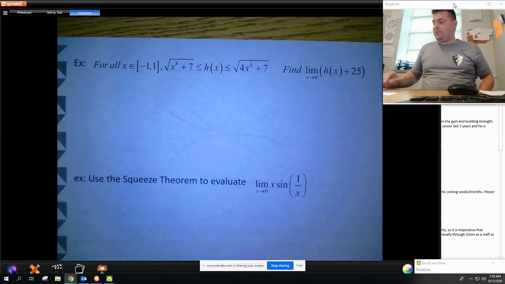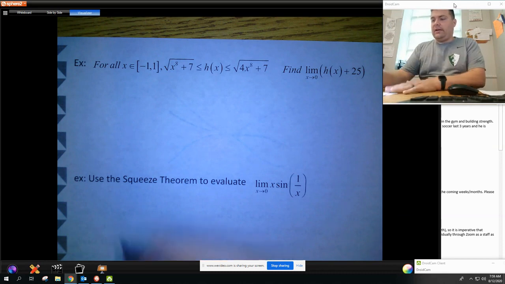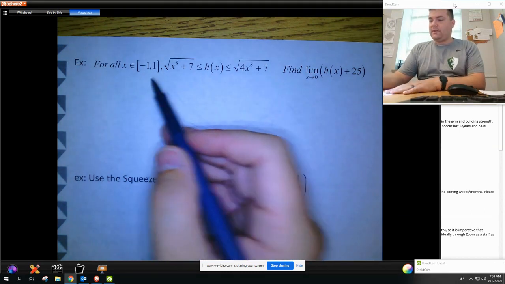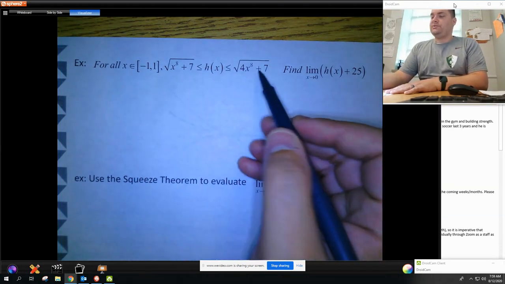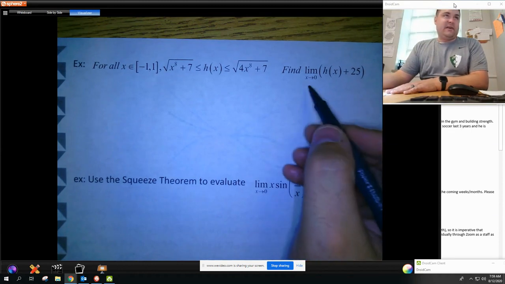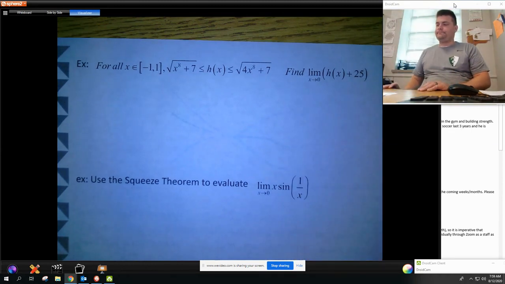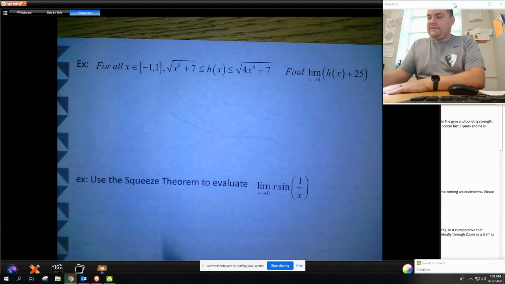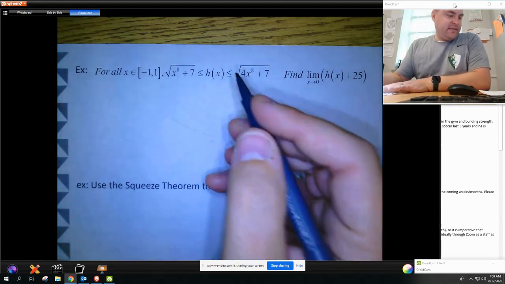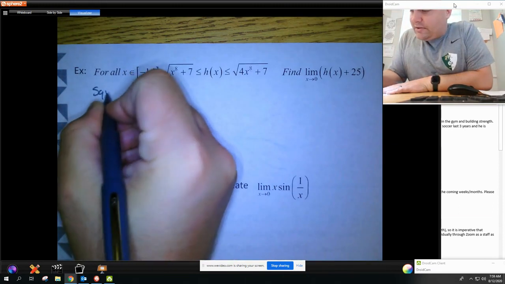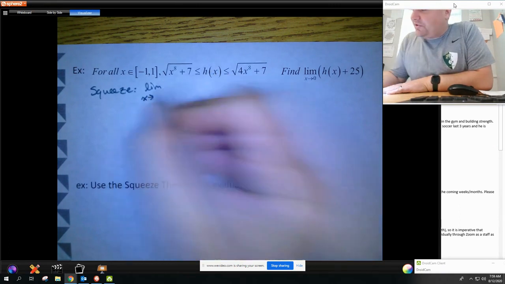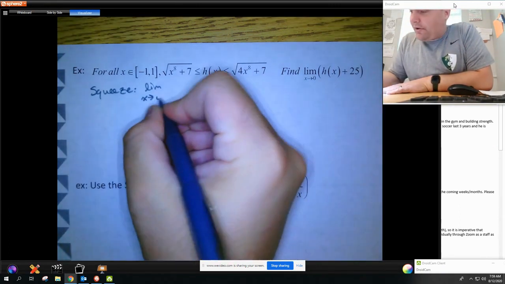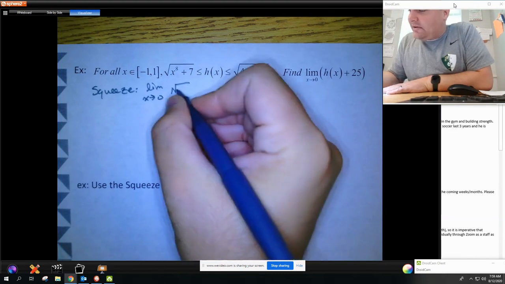So for this first example, it's already set up for us, which is super nice. It's saying for all x in this interval from -1 to 1, square root of x to the 8th plus 7 is less than or equal to h, less than or equal to square root of 4x to the 8th plus 7. And we need to actually find this limit right here. So I'm going to use the squeeze to find the limit. So the limit as x approaches 0 of this left guy